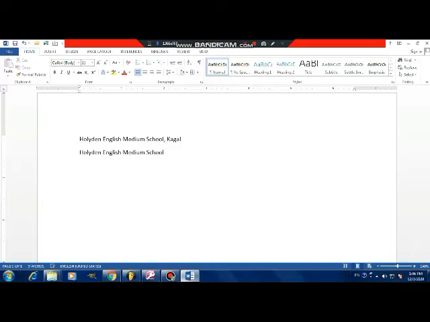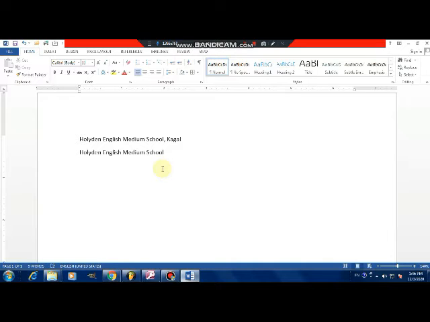Now let's see what is next. After this, the next one is the Delete key. What is the use of the Delete key? The same function that is played by Backspace is played by the Delete key, that means to remove or delete characters. Backspace and Delete are used for the same purpose, to delete or remove characters.